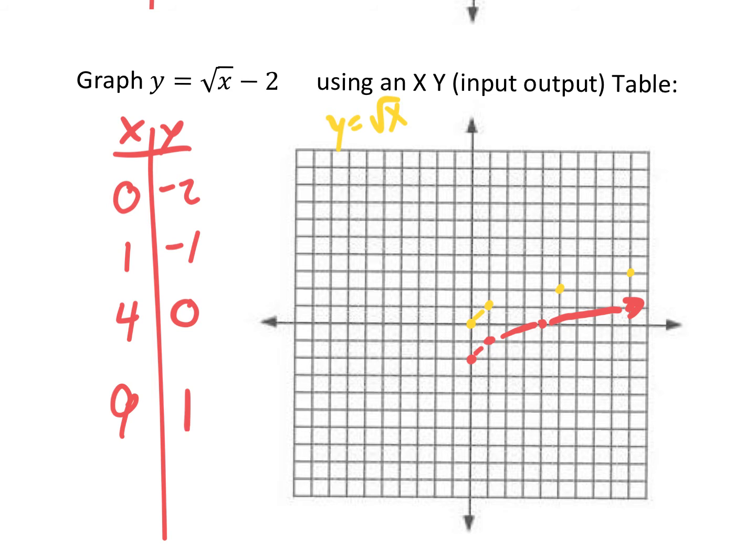So here's your original one. Wait, I messed up on that one. That dot should have been right here. Scratch that. I probably shouldn't have drawn the parent graph, but anyway, I wanted to show you that the original parent graph was right here, and it got shifted 2 units down. And the reason why it got shifted 2 units down is because of this minus 2 that's on the outside